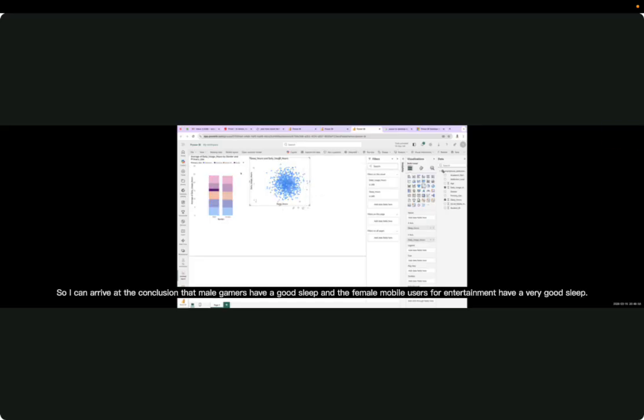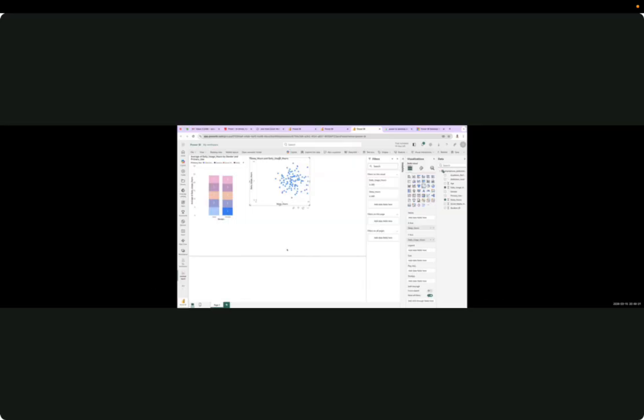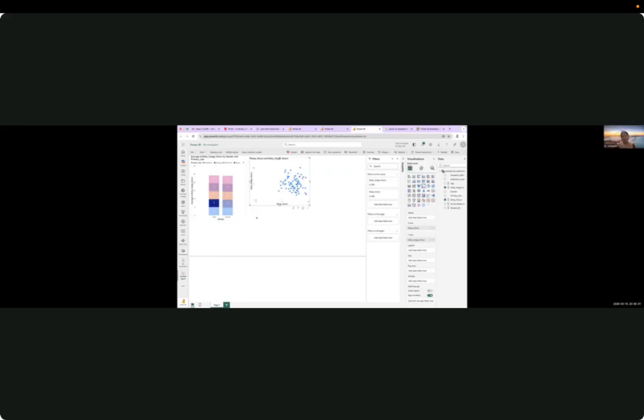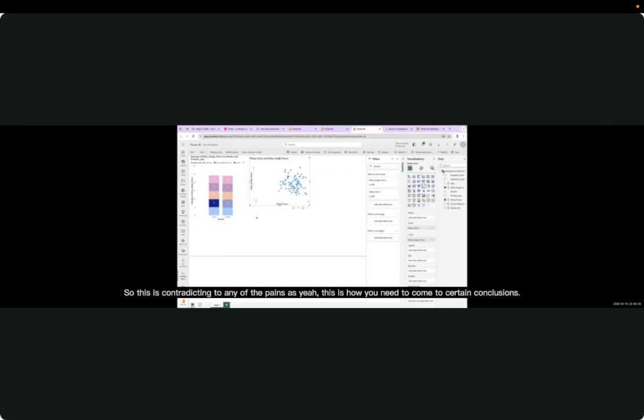So I can arrive at a conclusion that male gamers have a good sleep and female mobile users for entertainment have a very good sleep. Yeah, that is an insight which you can get from this particular point. Now if you look at it, yes, female those who use entertainment get 5 to 10 hours of sleep. The other categories are getting lower sleep. Whereas in the male, the second from the bottom, that is the gaming category, they have a very good sleep. So this is contradicting any of the sciences, but yeah, this is how you need to come